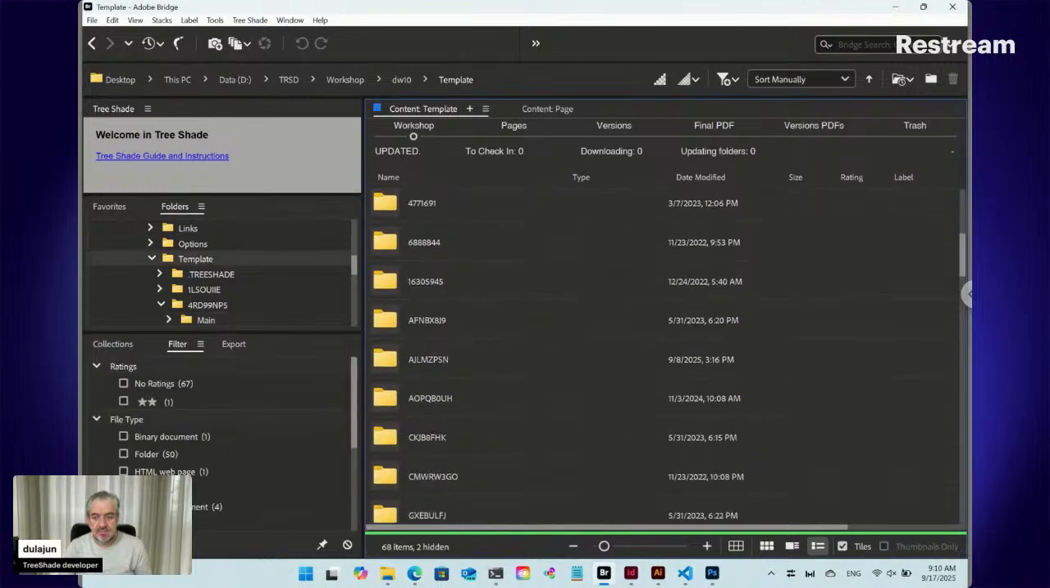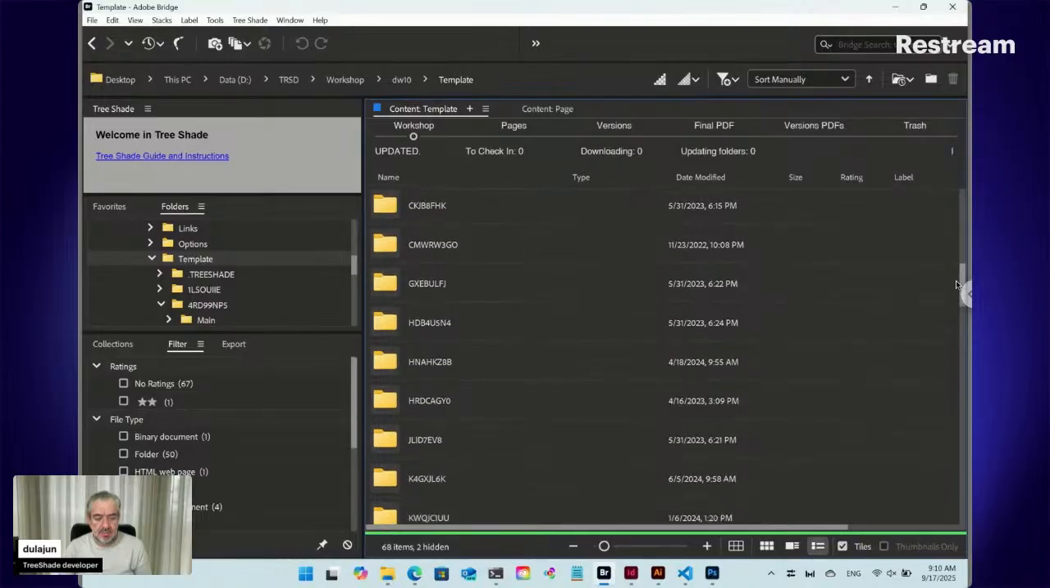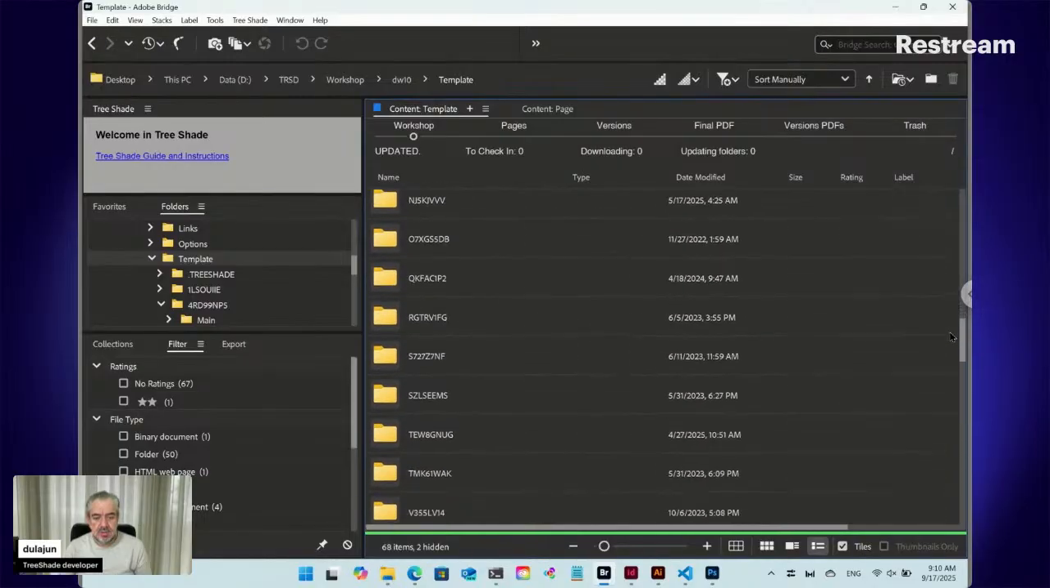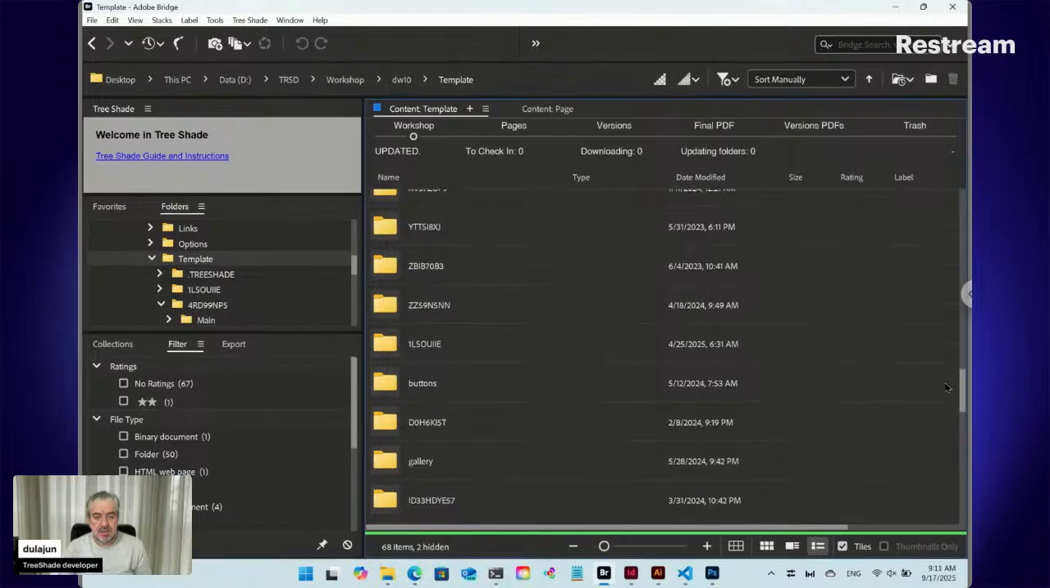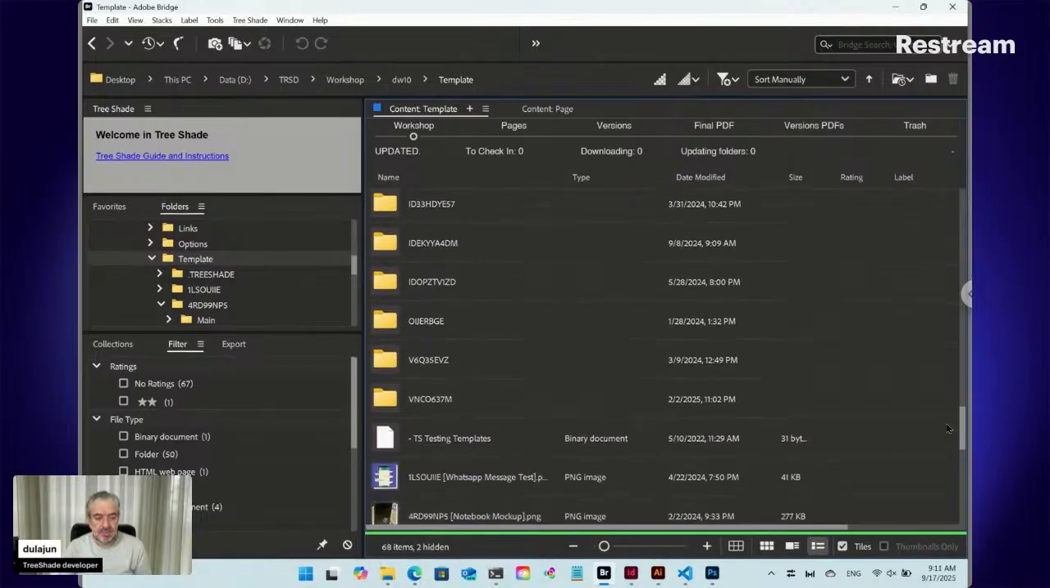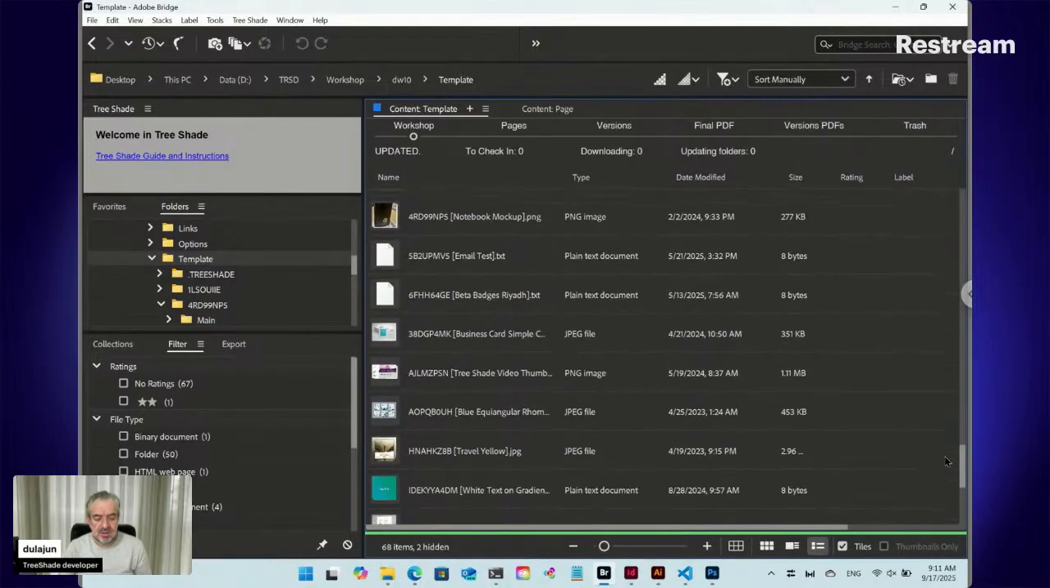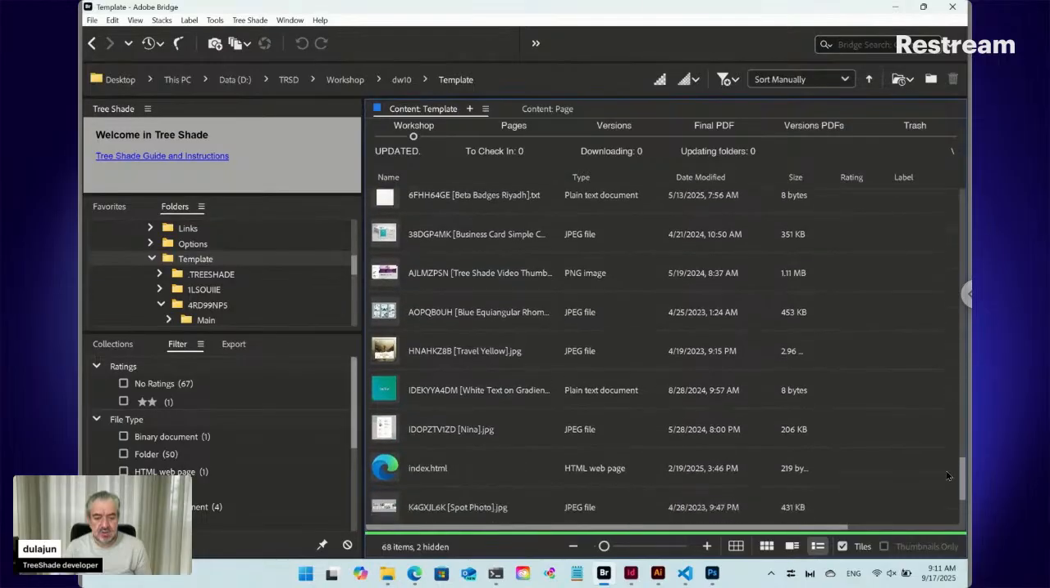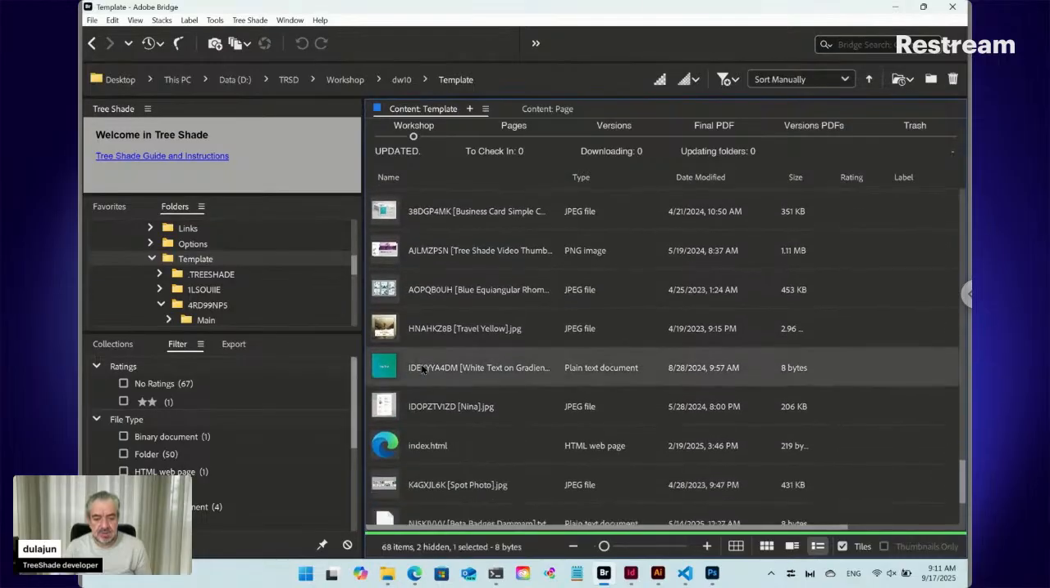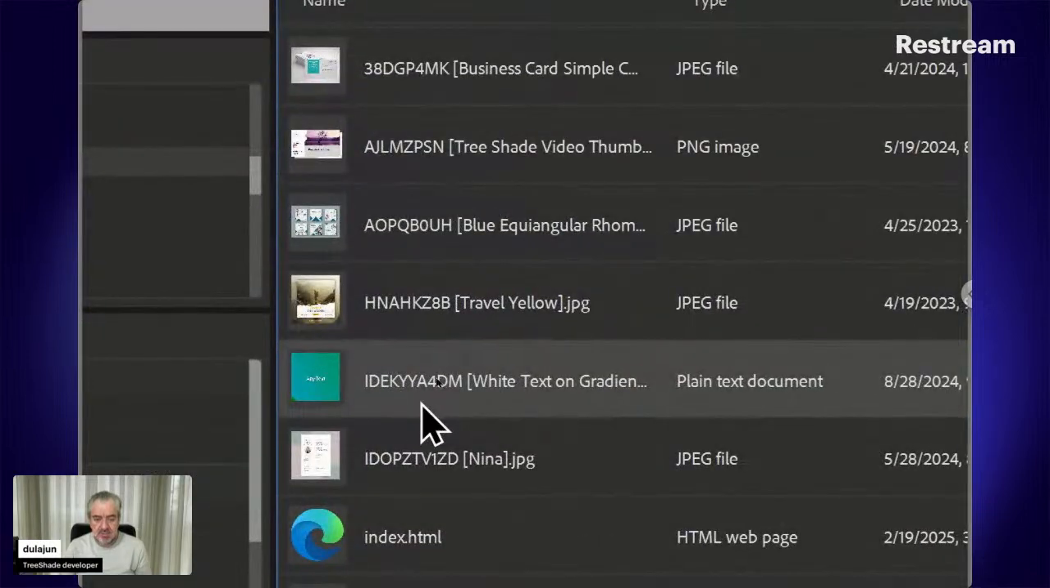Here we have folders with random code names, but also we have files for each folder. These files have the same name of the folder here at the beginning as a prefix, and this name is considered the pure name of the file,